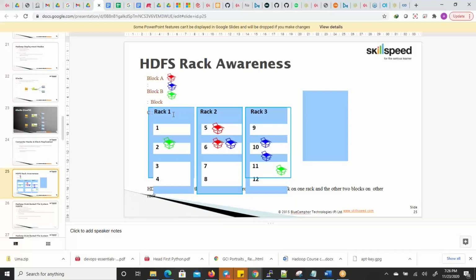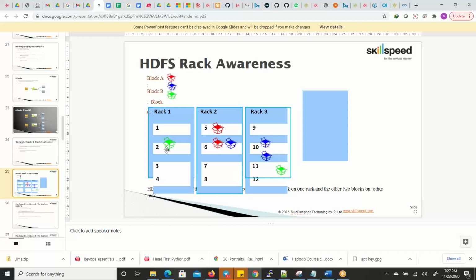Correct. Yes. So what the policy says is, while they are keeping it on an adjacent node, they can keep one here, one in rack 2, and one in rack 3. Because data access is much faster when it is in the same rack, because we have a connection in this rack for all the nodes. So if I'm going to access this rack to this node and it is down, suppose this node is down, I can immediately access from this node. Okay. So this policy is better because